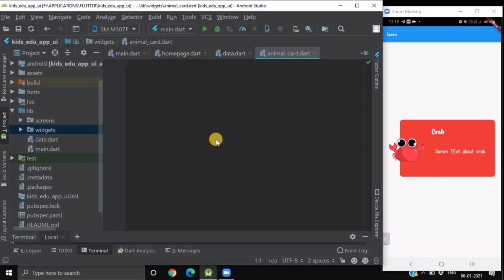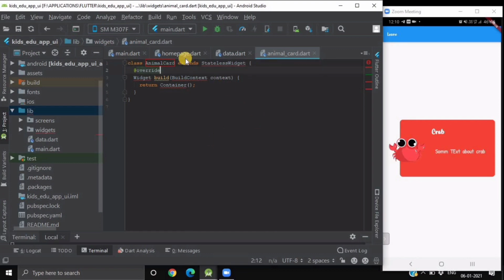Now inside this Dart file, we will be pasting our complete code for creating this card, and we'll make it a stateless widget. So for that, we'll create a stateless widget and we'll name it animal card.